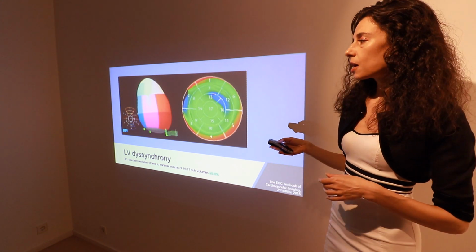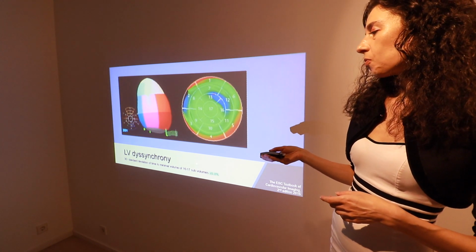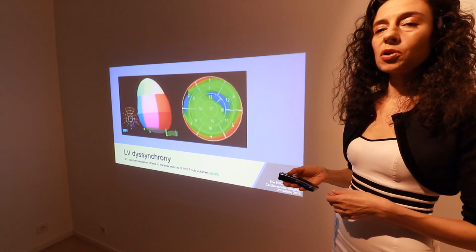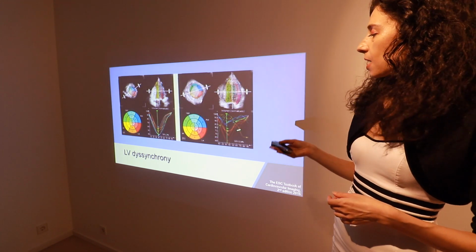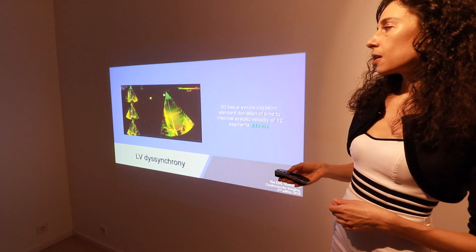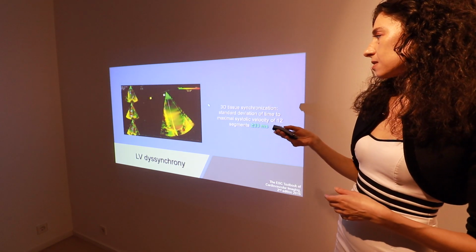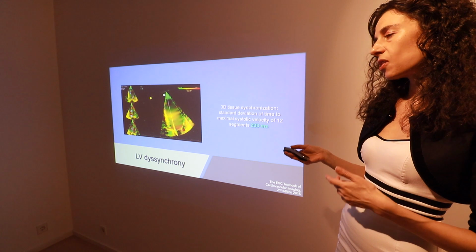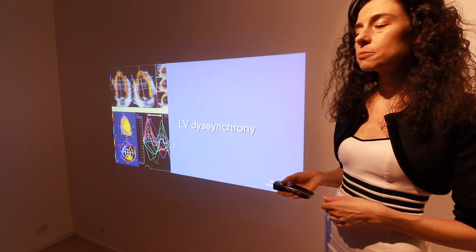Here is an example of how to measure the standard deviation of time to minimal volume of 16 or 17 segments with a cutoff point of 9.8%, and an example of a totally synchronous left ventricle and a totally dyssynchronous left ventricle. We could also measure 3D synchronization with 3D tissue synchronization, the standard deviation of time from the maximum systolic velocity of 12 segments, and we could also use 3D speckle